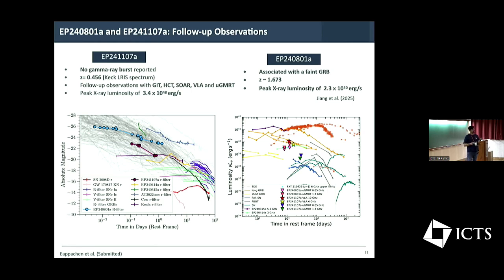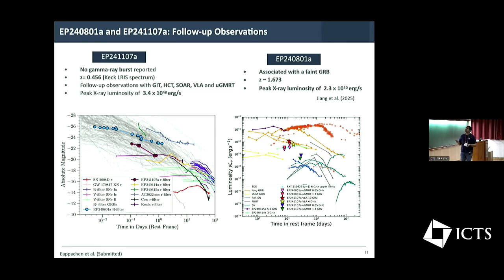Reported that it's associated with a very faint GRB, at a redshift of 1.673, and the peak luminosity is of the order of 10^50 ergs per second. So in these two figures, we are comparing the optical counterpart light curve and the radio light curve with other transients. You can see that these two are in agreement with the larger population of afterglows seen in